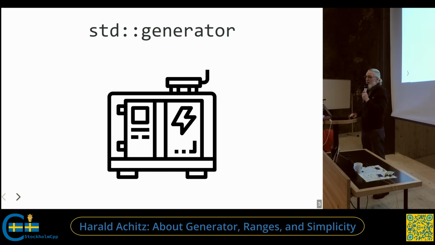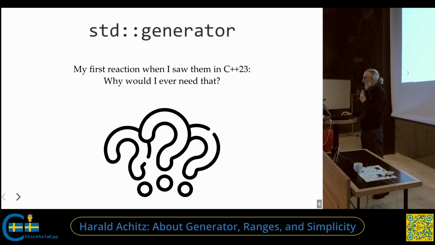So, std::generator came to C++23, and my first reaction when I saw it coming was, why would I ever need this? I can write lambdas. But then